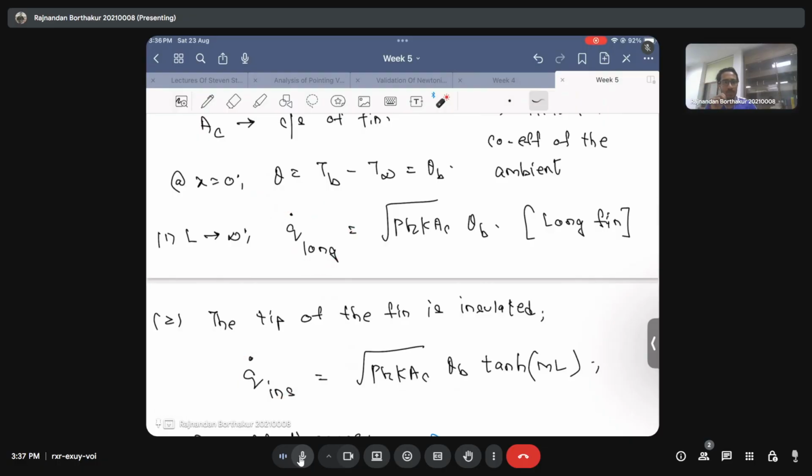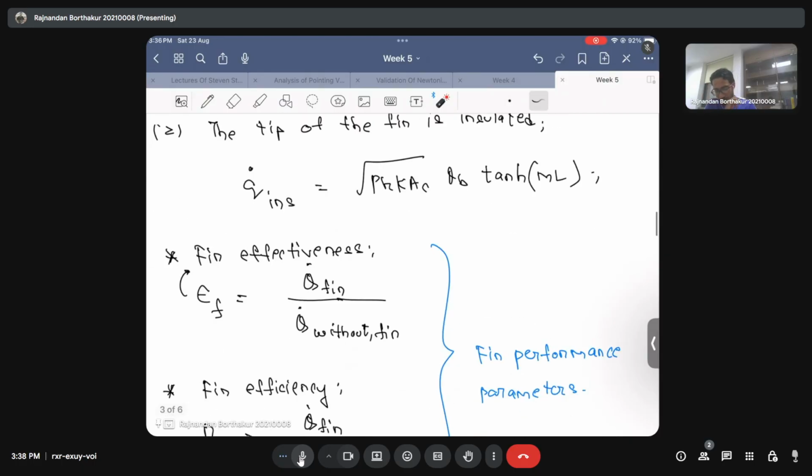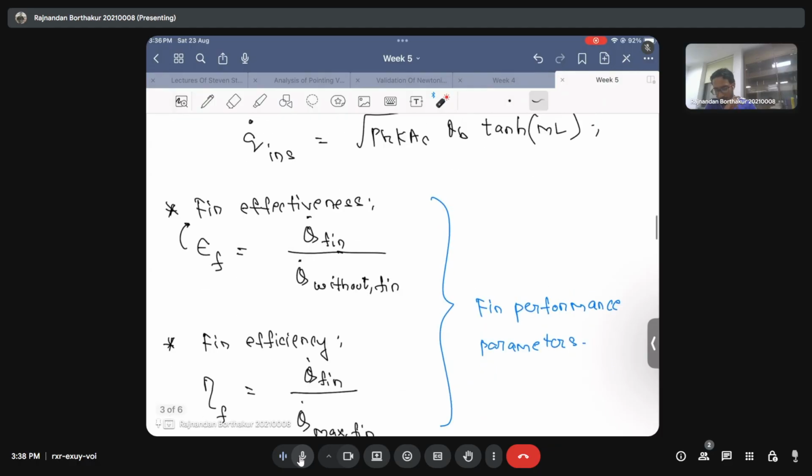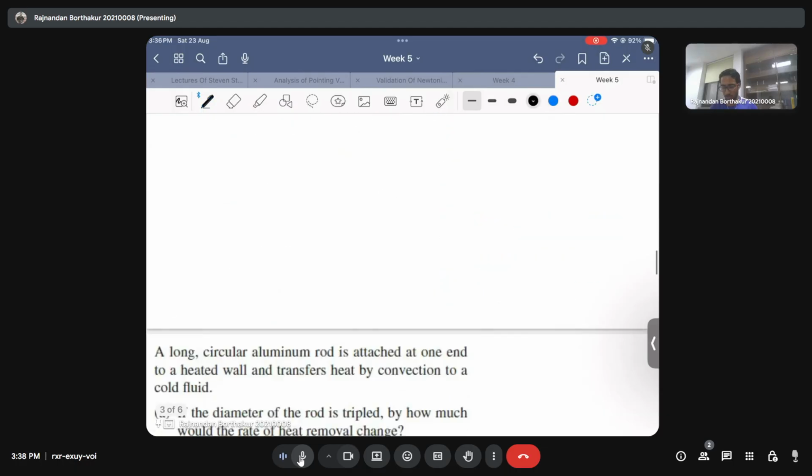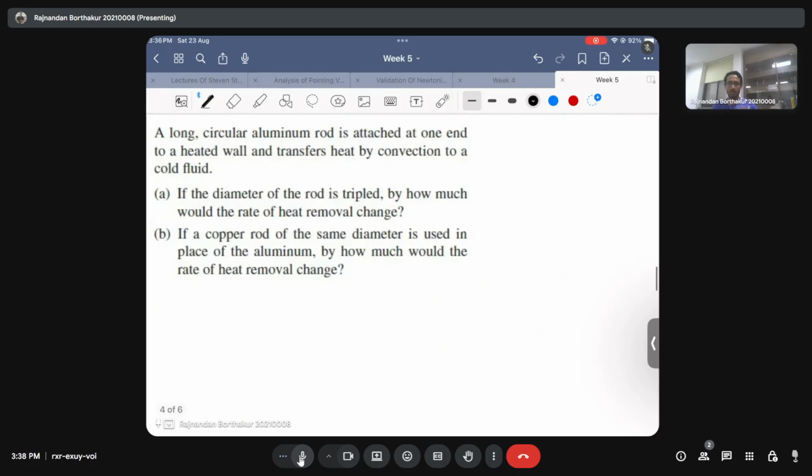But I'm not doing this derivation because this had already been discussed in the lecture series. Thereafter, what we saw is we looked into the fin performance parameters. For instance, we looked into fin effectiveness and fin efficiency and the definition of fin effectiveness and fin efficiency. Now I think we are in a good position to solve a problem, and the problem is